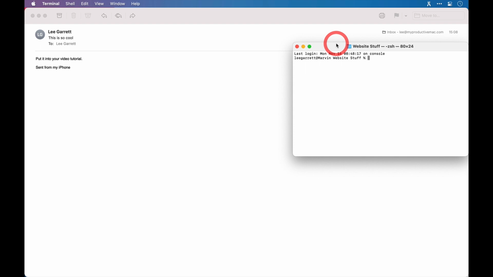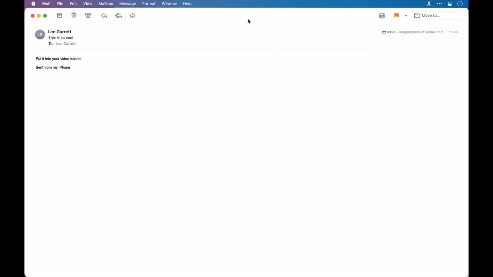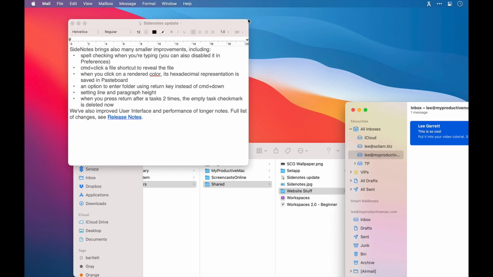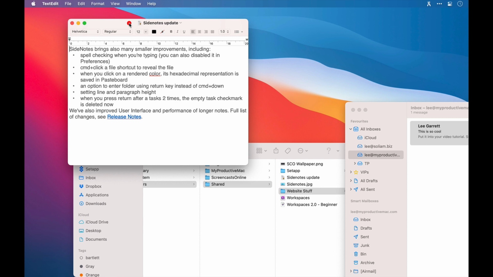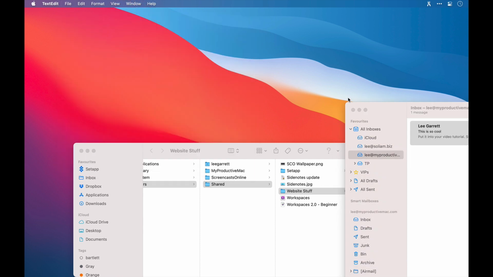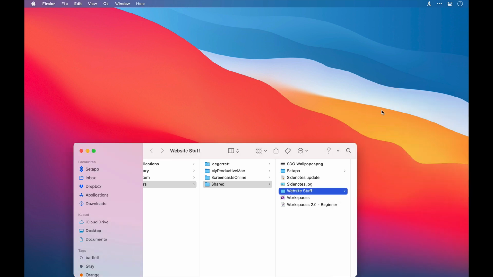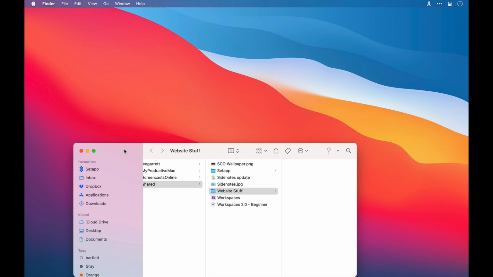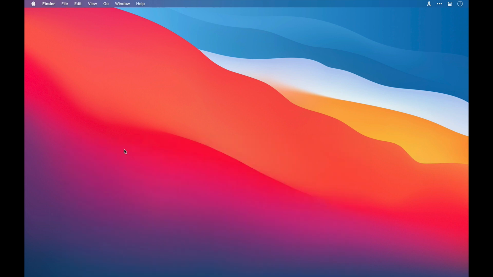Now I'll close that terminal window. Here is the email that we saw earlier. Let's close that down. And next we have the text file that we added. I'll just close this mail window, which should have been minimized earlier. And then finally, we have the folder, which is open in Finder at its exact location. So if you mix this up with hiding some applications and files as soon as they're launched, you can save a lot of time and effort.